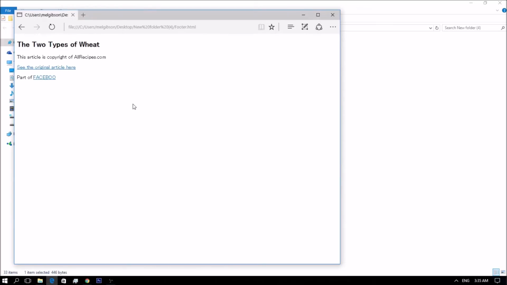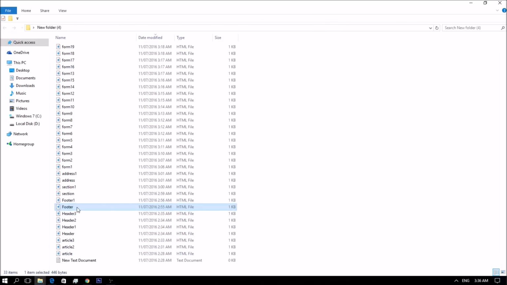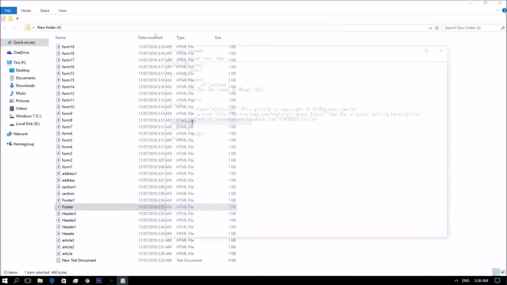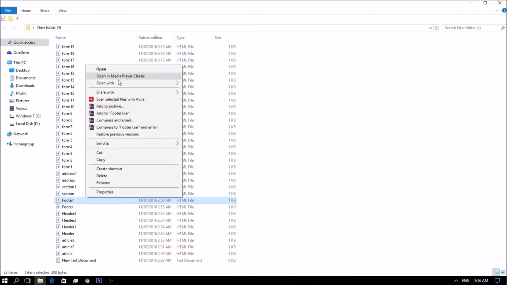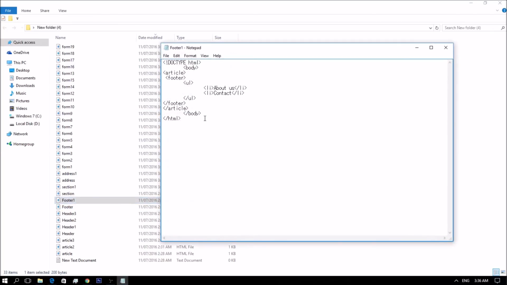So if your footer contains nothing but the links, the footer tag should be used this way. Nothing but this.